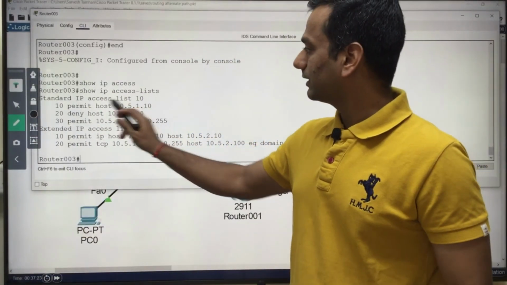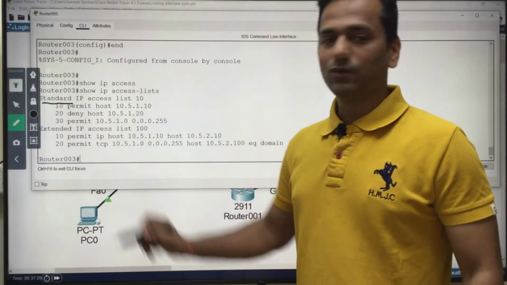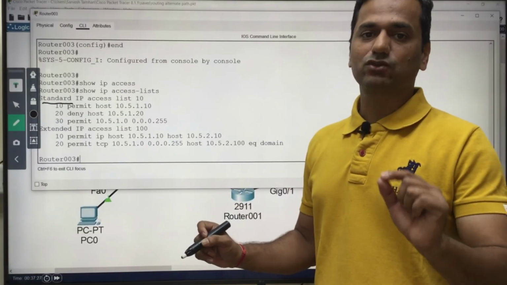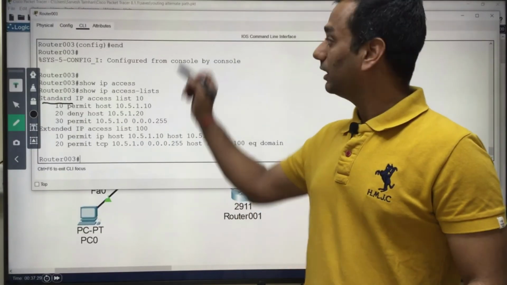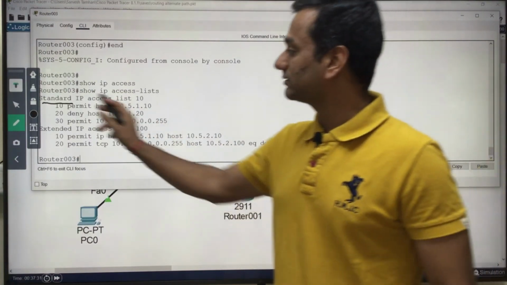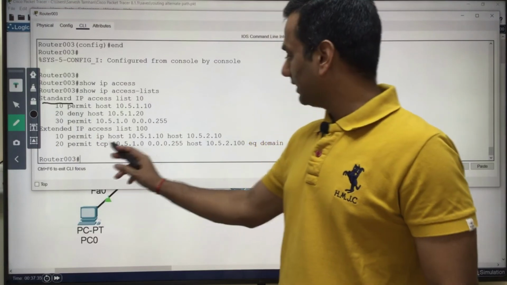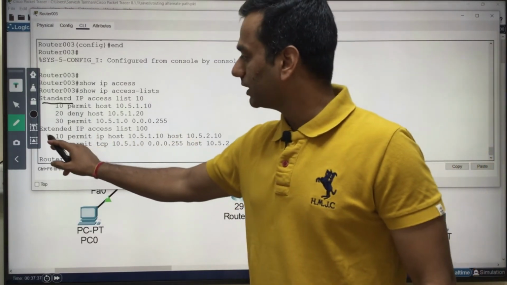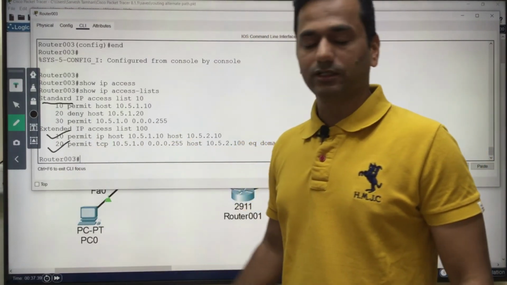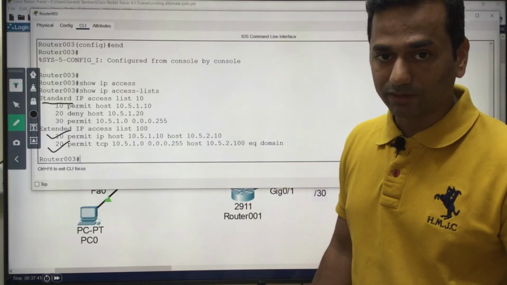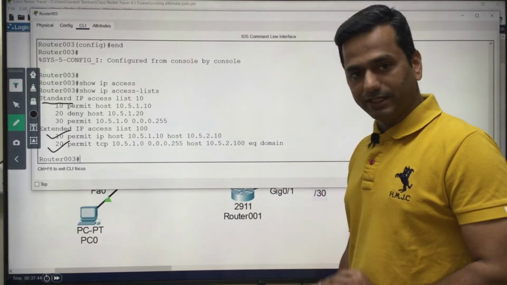One is standard, right? It is automatically taken. When you configure, you just configure the number. Based on the number, your Cisco IOS knows this is standard, and based on number 100, your Cisco IOS knows this is extended. In the extended access control list, you can see two statements, sequence number 10 and sequence number 20, right?